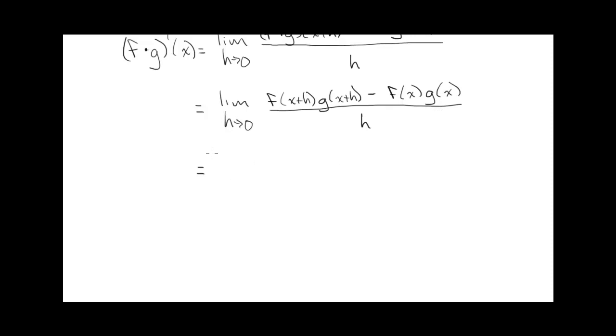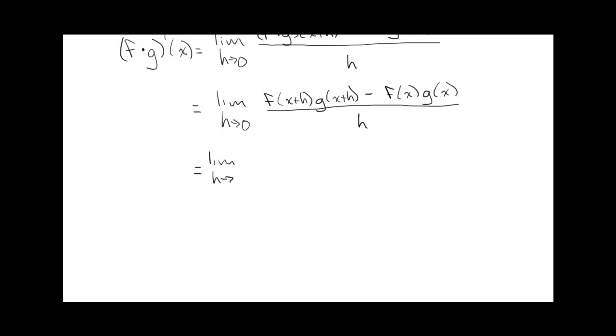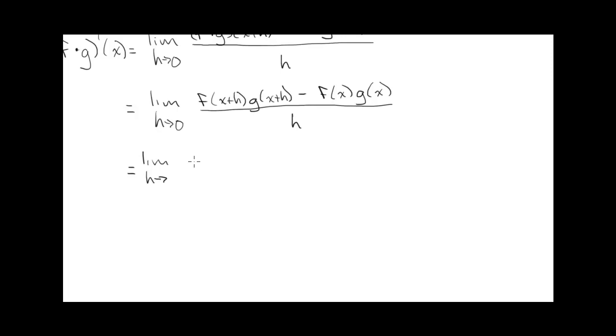And it's not obvious at all what you would do, but there's a little trick, and that's to just make this function look a little different. When you see the trick, you're going to say, well, how would I know to do that? And the answer is, you probably wouldn't have. But what we're going to do is insert two terms, but the two terms will cancel out. So we're going to insert